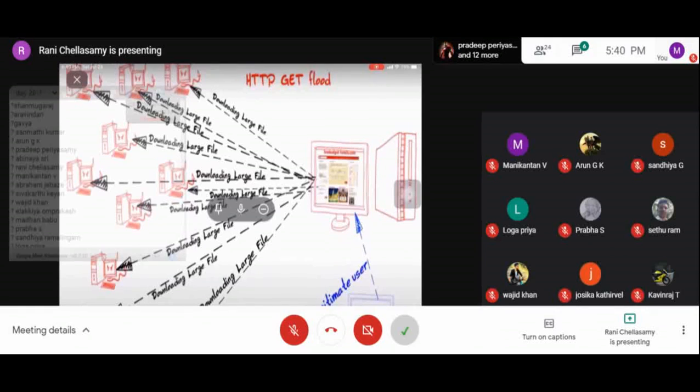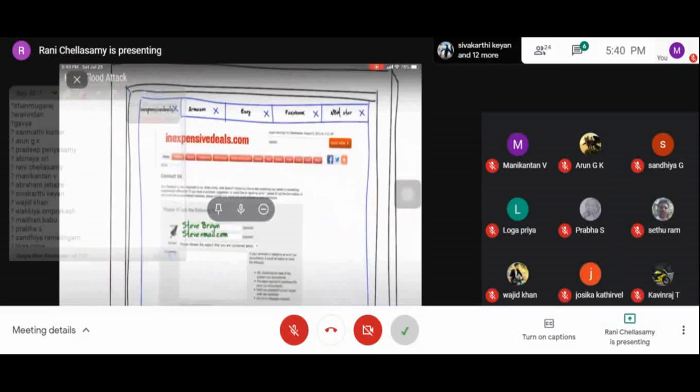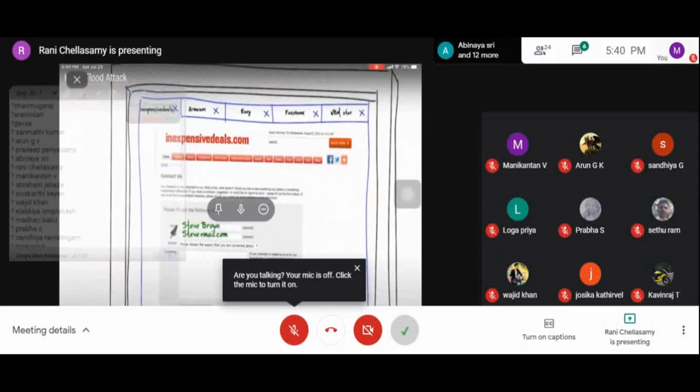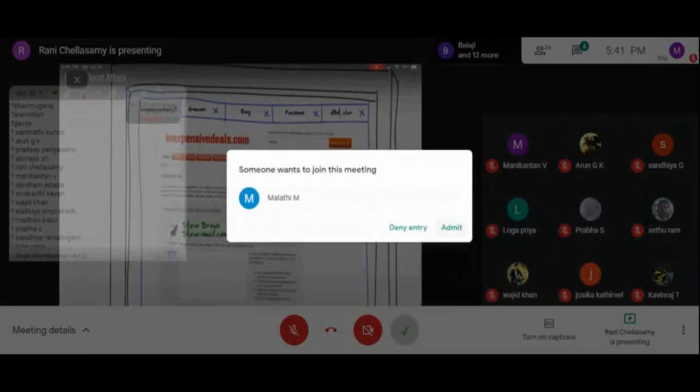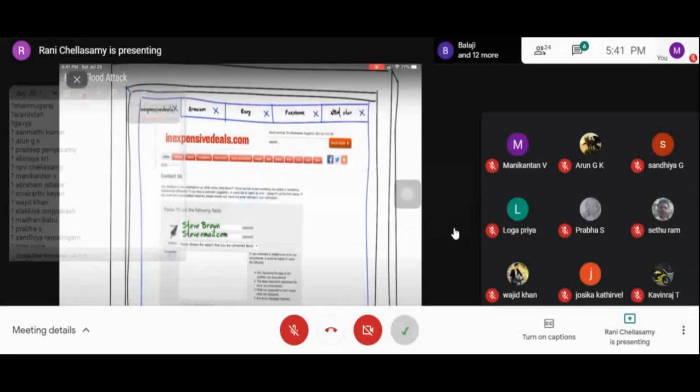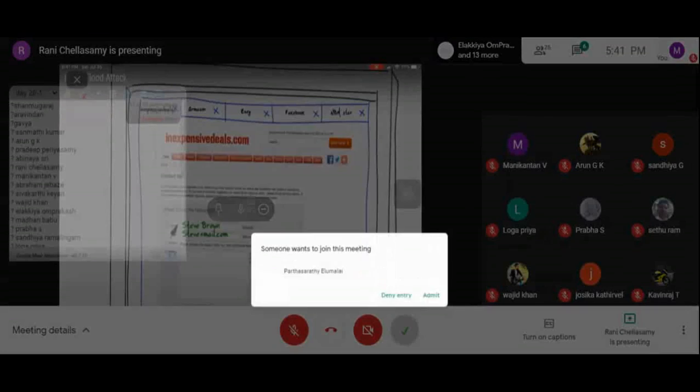The next attack we are going to see related to HTTP is the HTTP POST flood attack. Coming to the POST flood attack, the attacker will be looking for forms, such as this one, in the target website.